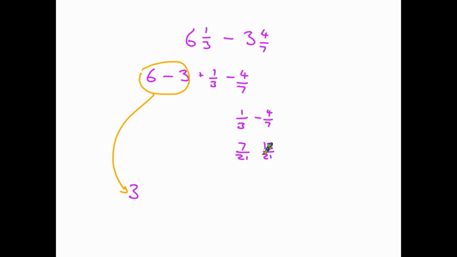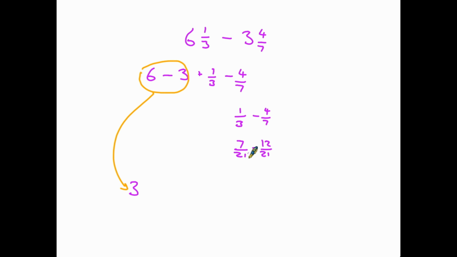So we have now got 7/21 minus 12/21. Now we have to do the subtraction. So in this case, 7 minus 12 is minus 5/21. Now let's have a look at what we've got here. We've got 6 minus 3, so our whole number is down here. It says plus the fractions, but of course when the fraction is a minus, we have to take it away. So we now have 3 minus